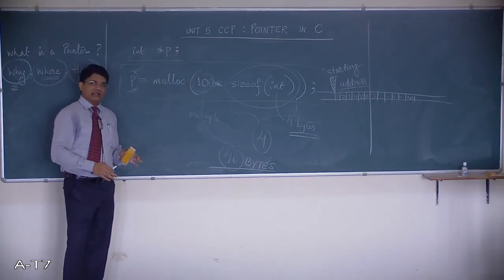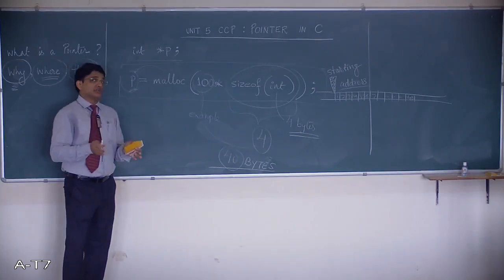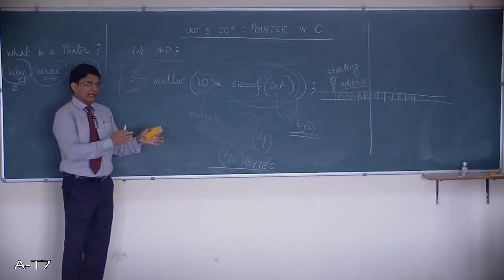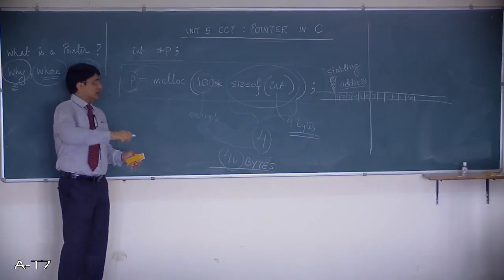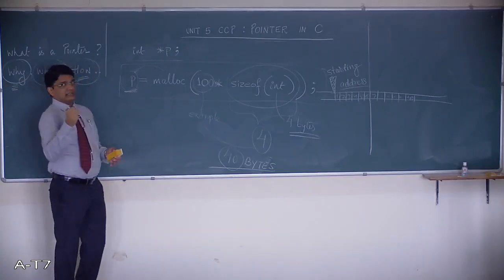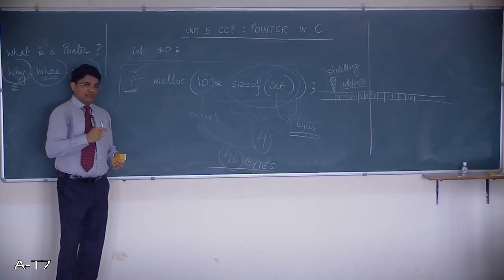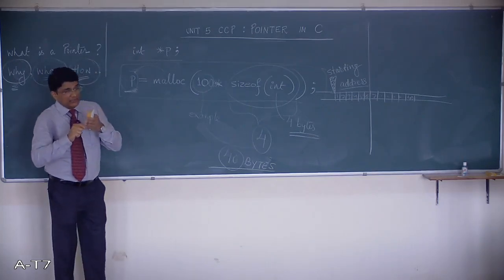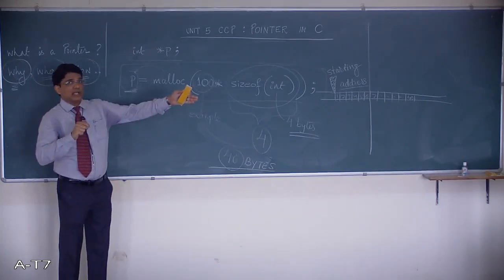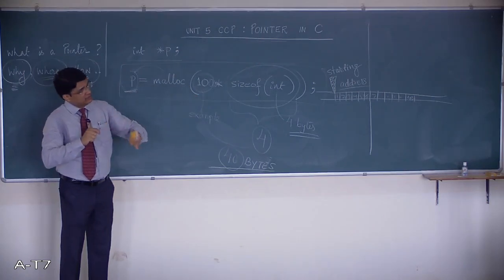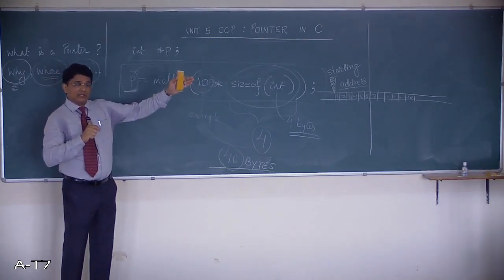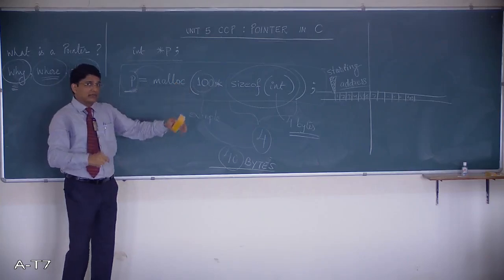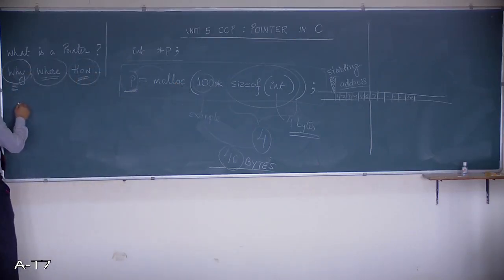See, dynamically you can allot 1000 into size of int, which is 4 bytes. 4000 bytes somewhere in the memory will be allotted to you. The address of the first byte is there with you in P, and once you have anchored yourself somewhere in the memory at the starting point, it will be easy for you to traverse any amount of numbers, even till the 1000th number. How to do that? Yes, we are coming to that.